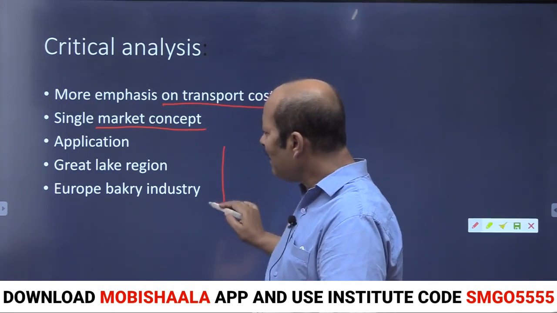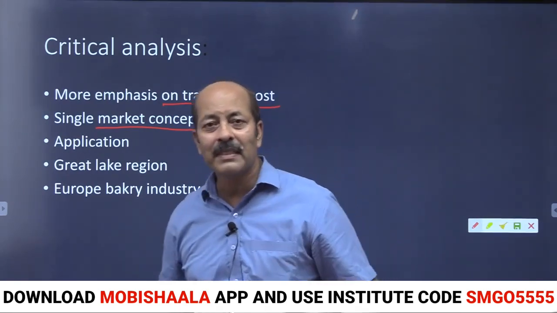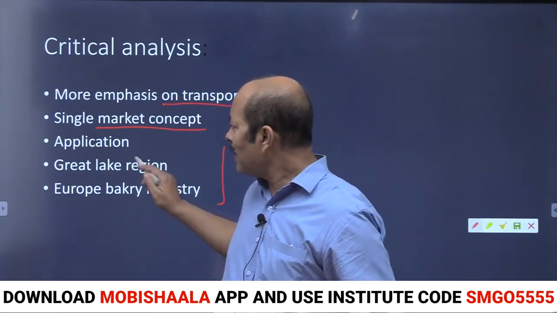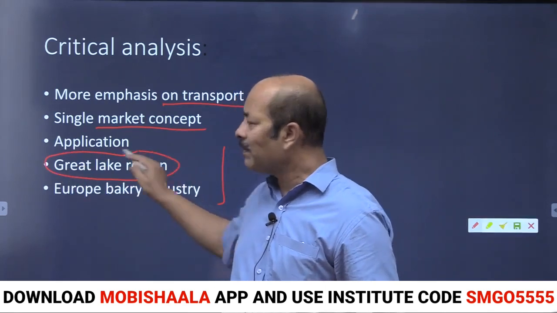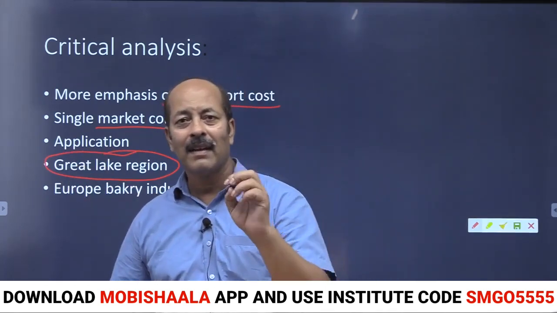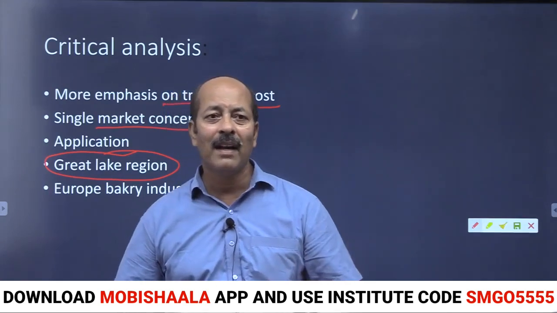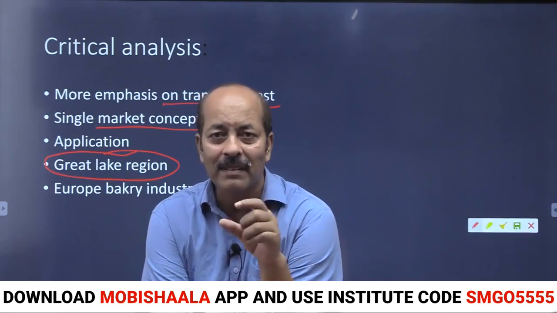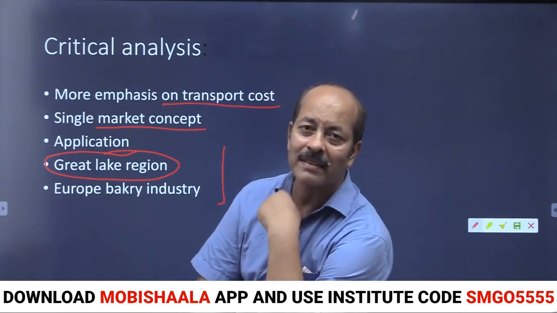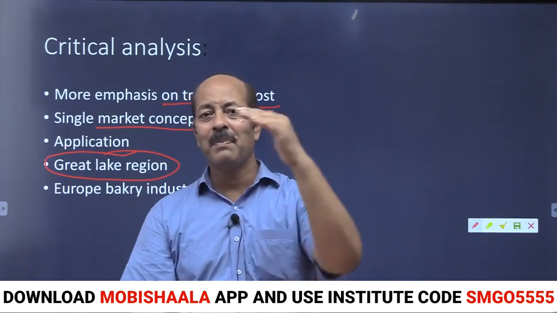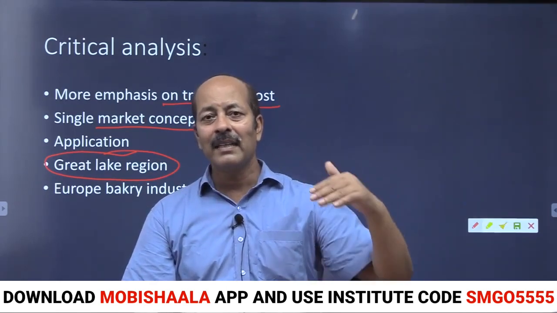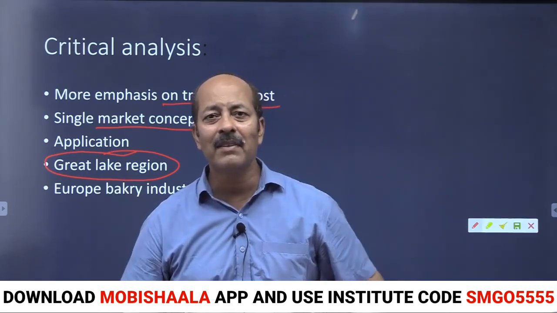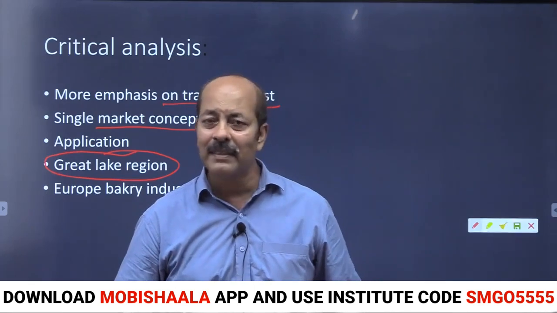But this theory is still applicable in different parts of the world for heavy industry, the iron and steel industry. Take the example of the Great Lakes area of America. We have the Great Lakes area, the Appalachian area and the location of Europe. These three areas make a triangle for the location of heavy industries. The market is Europe, the Appalachian area is the northern one, and the Great Lakes area is the central one. So it is very applicable in the Great Lakes area.